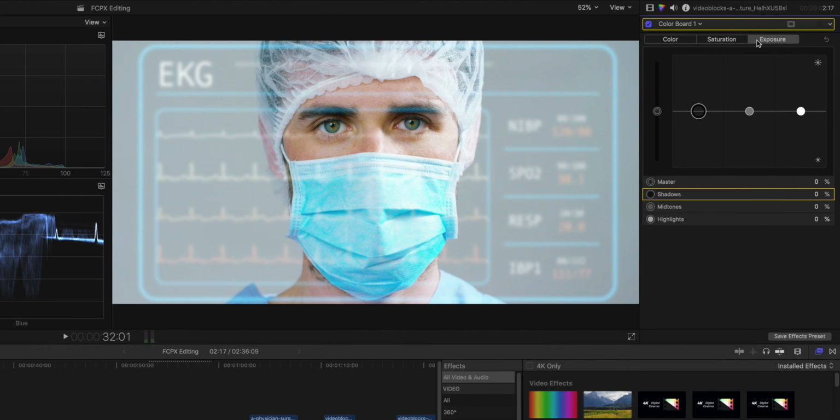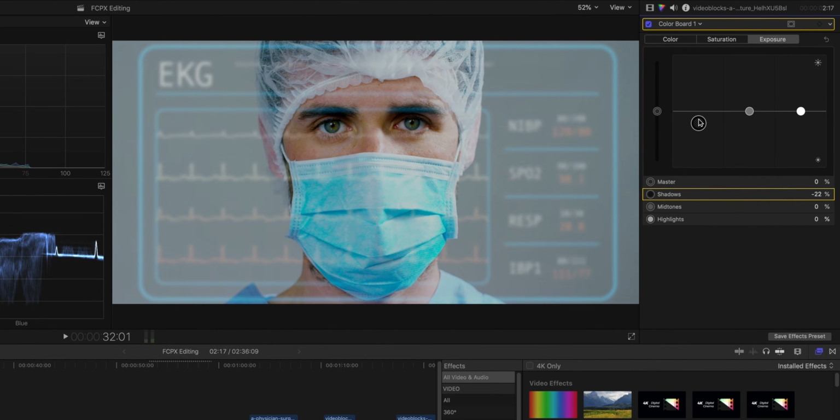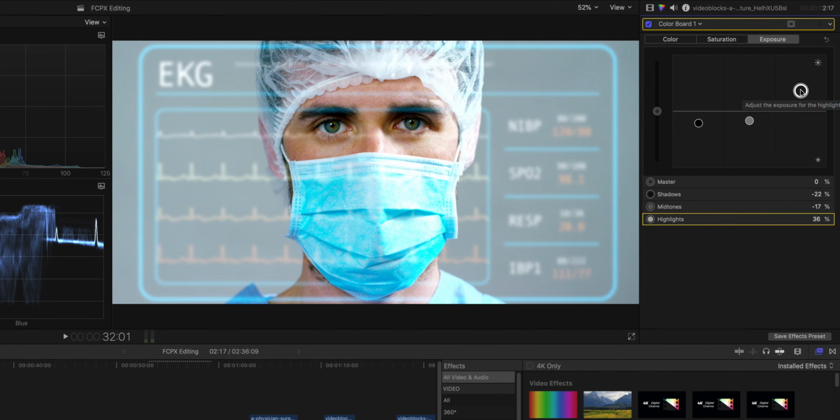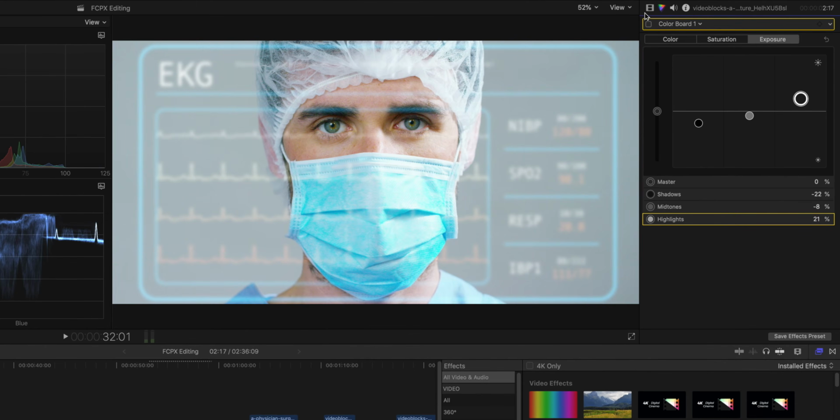So when will I personally use the color board? Well, generally for base color corrections to get my footage to a proper exposure and accurate colors. In this case, the colors look very neutral and pretty even, and so I'm gonna jump over and adjust exposure, and I'm gonna shift both my shadows and my midtones down, and I'm gonna bring up my highlights. This is going to add what we call contrast. So if we turn that on and off, you can immediately see the difference,